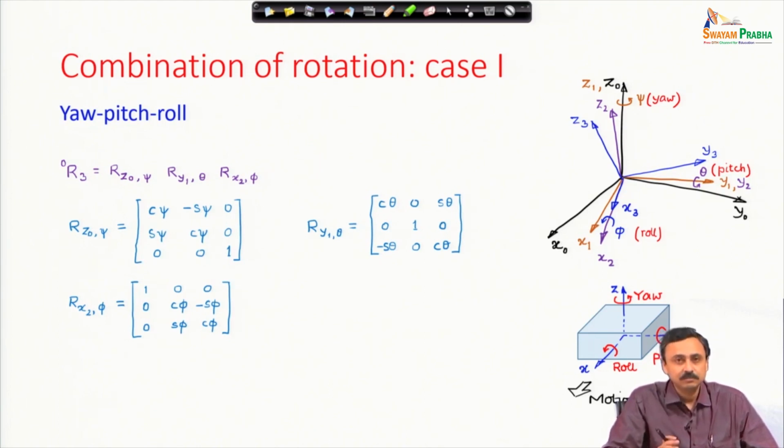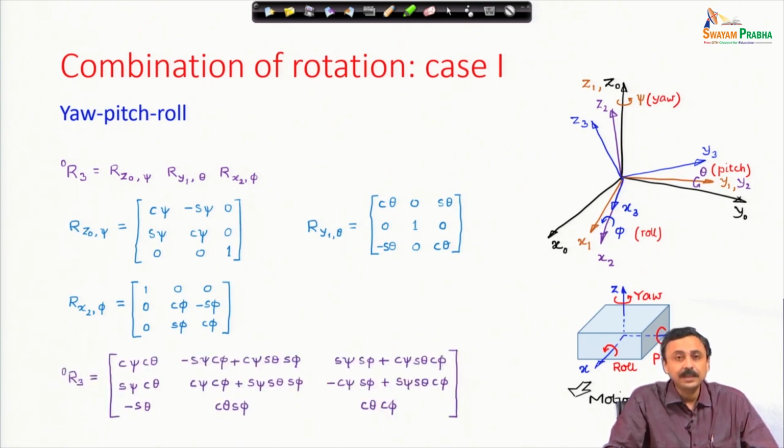These are the three fundamental rotation matrices for yaw, pitch and roll. If I multiply these three matrices, I get a complicated matrix. You can check, if you are interested, that the determinant of this is 1, because the determinant of individual matrices is 1. Therefore, the product determinant must be 1,